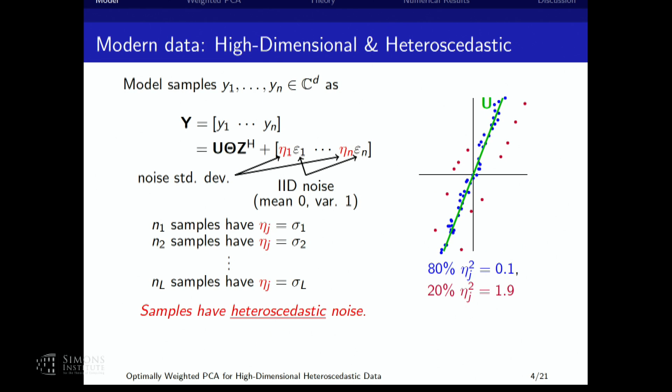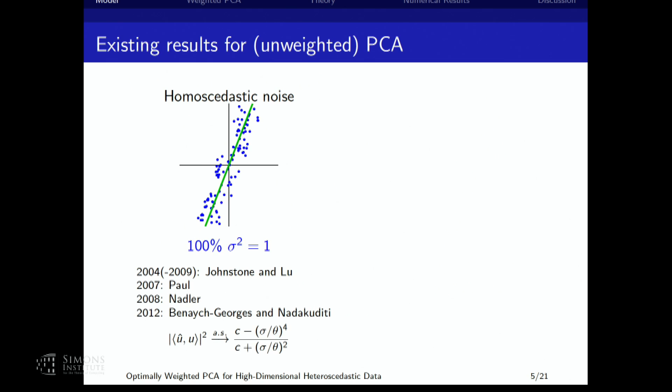Theta is this signal amplitude here. And I should say that this is true, or there's a phase transition after which this is true, and that phase transition is a relationship between theta and sigma. So you can think, as long as your underlying signal amplitude is large enough, then we get this recovery guarantee.